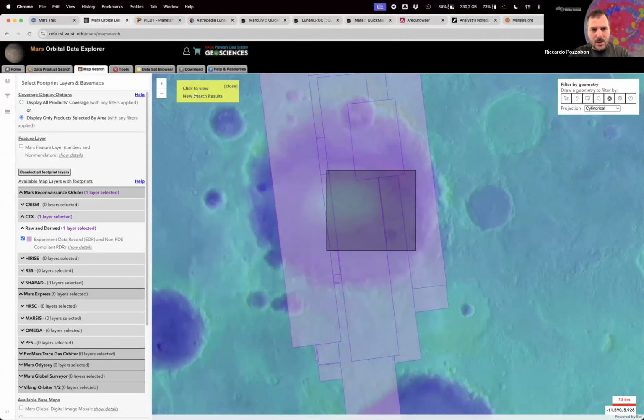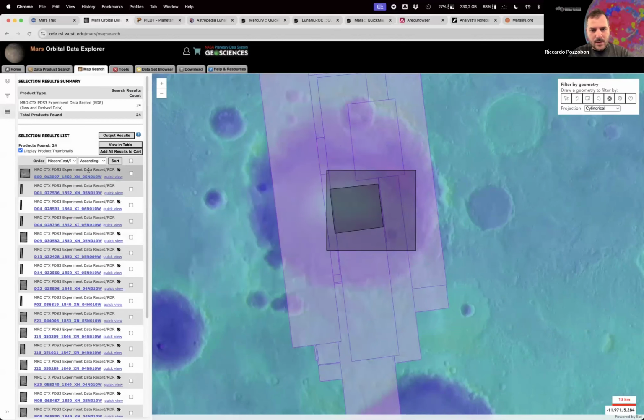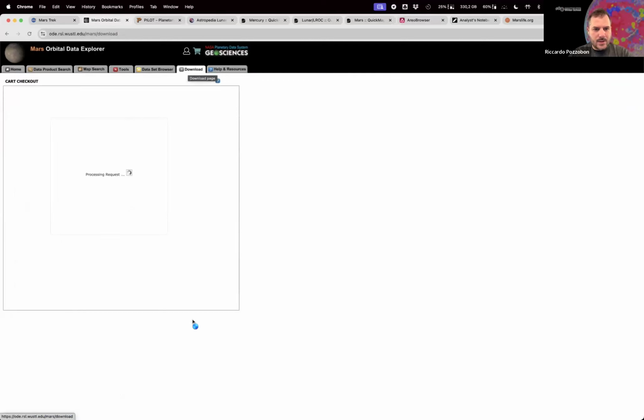On CTX image. Let's say you want this, which is very small. It's in the cart. I can go here. And let's see if this time it works. If it doesn't work anyways, you have all the information in my PDF, which is going to be shared after